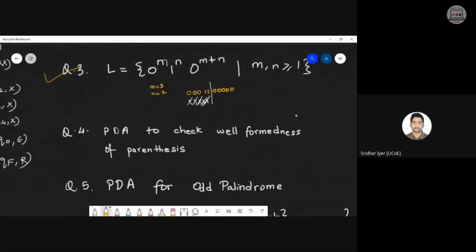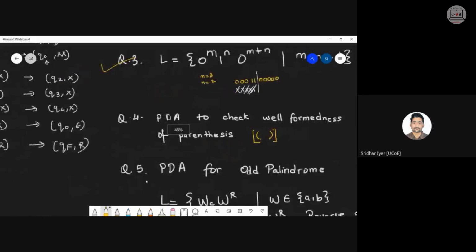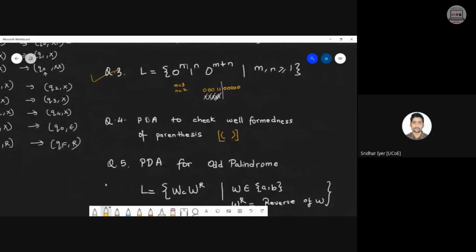Well-formed parenthesis is basically a proper parenthesis, equal number of starting and closing brackets. So now two questions can be framed on this. It can be a simple question, for 5 marks, where only round brackets are used, or it can be a question where a combination of round brackets and square brackets are used. Okay, so I am solving the latter one, which is expected for a 10 marks question. So let's start with such a problem. Understand the question first. It is basically a problem in which you need to check whether the PDA is accepting well-formed parentheses or not.